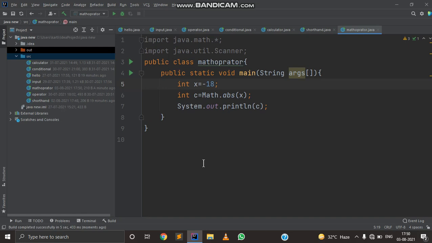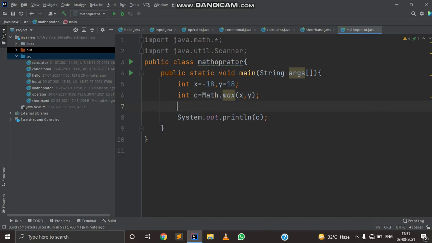But in if-else we can compare more than two values, while Math.max is limited to two values. So I'm going to give integer x is equal to 18 and y is equal to positive 18. So Math.max(x, y) should return 18.